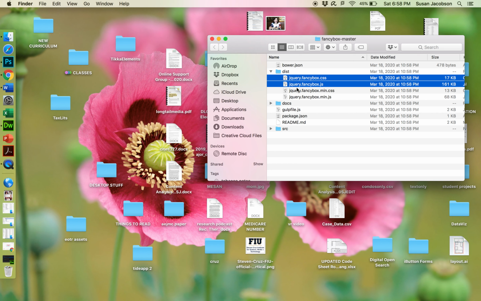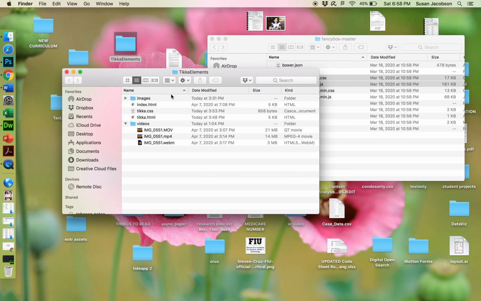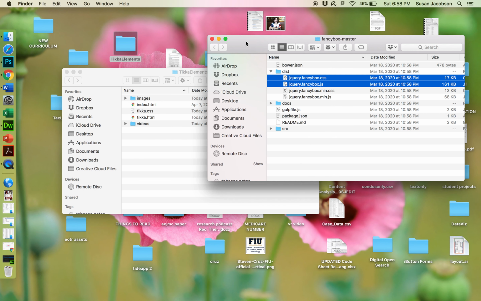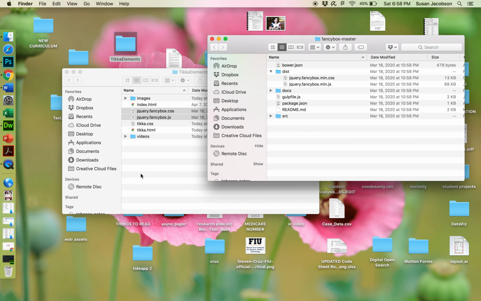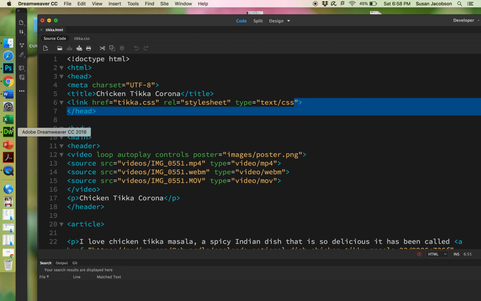Okay, so we want these two. And we're just going to copy these two. We're going to drag them into our folder. So I'm going to take jQuery.fancybox.css and jQuery.fancybox.javascript, and I'm going to put them into Tika elements. There we go. Okay, now I'm going to go back to my HTML,